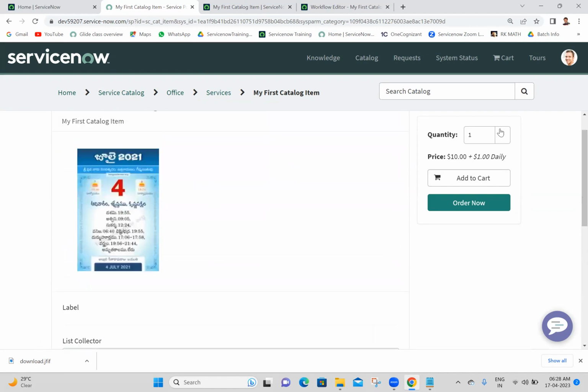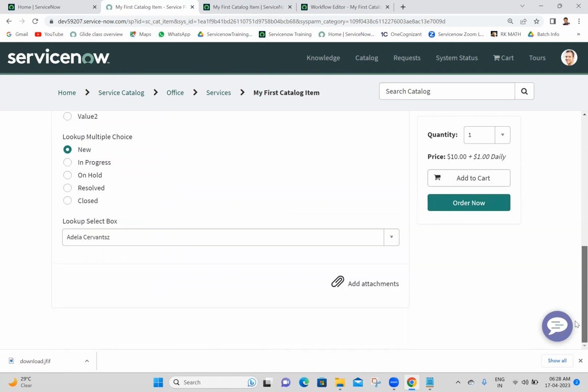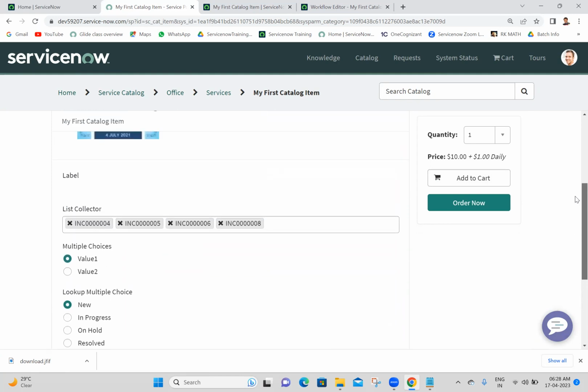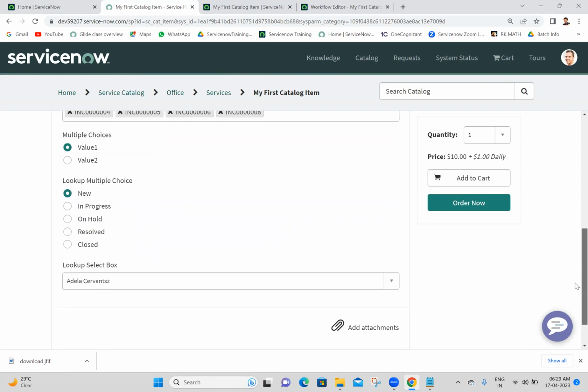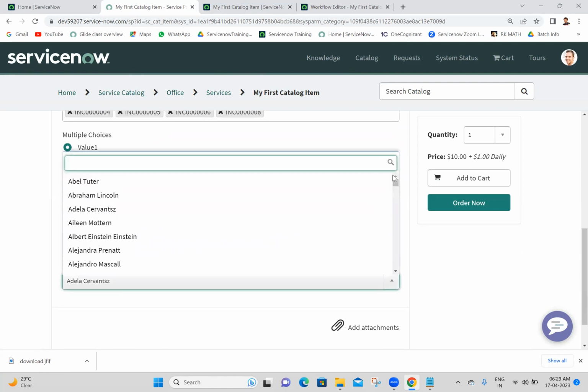You can see quantity: we are ordering one item, price is $10 and recurring price is $1 daily. We have the add to cart and order now buttons. Here we have the attachment icon. Here you can see, guys, for example, in the multiple choice, the lookup multiple choice and the select box, we don't have a none option. If we want to provide the none option,